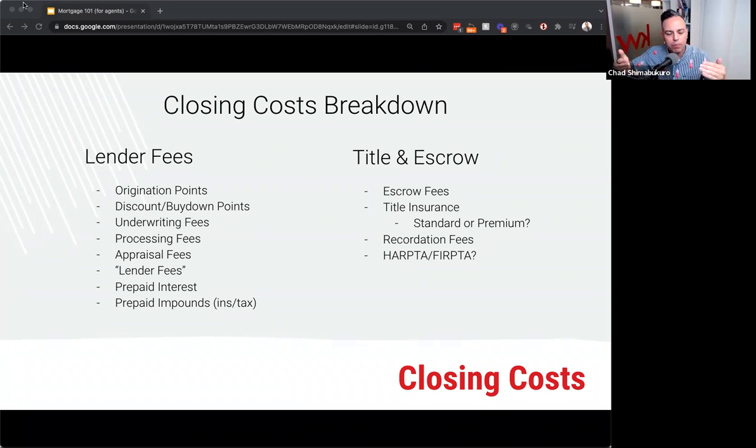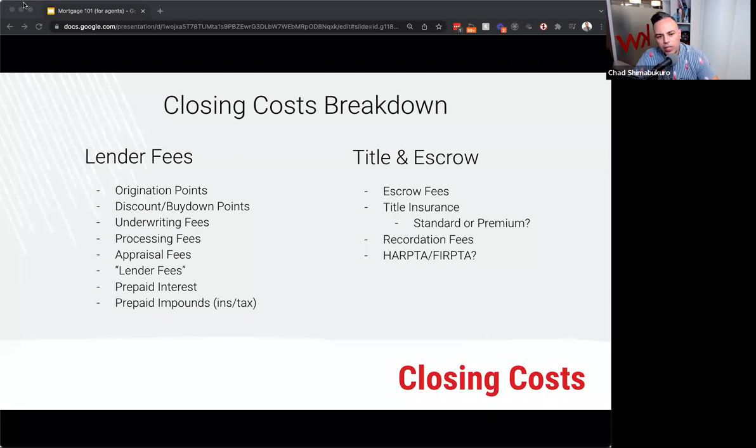And then some of that is prorated out from what the seller would have been offsetting, because the buyer had not been living in that property for half a year at that point, just a month. So there are some checks and balances that happen there. But in case you see that in there, prepaid interest, prepaid impounds, that's what that means.